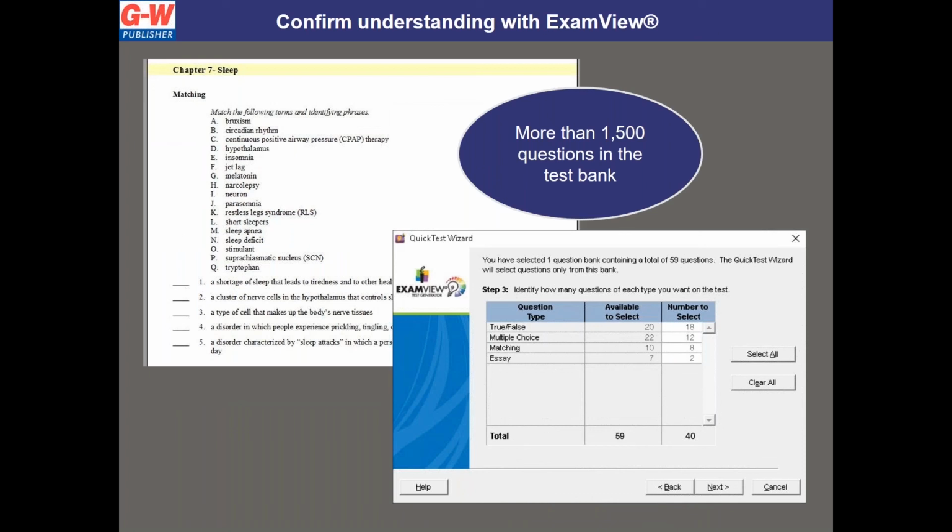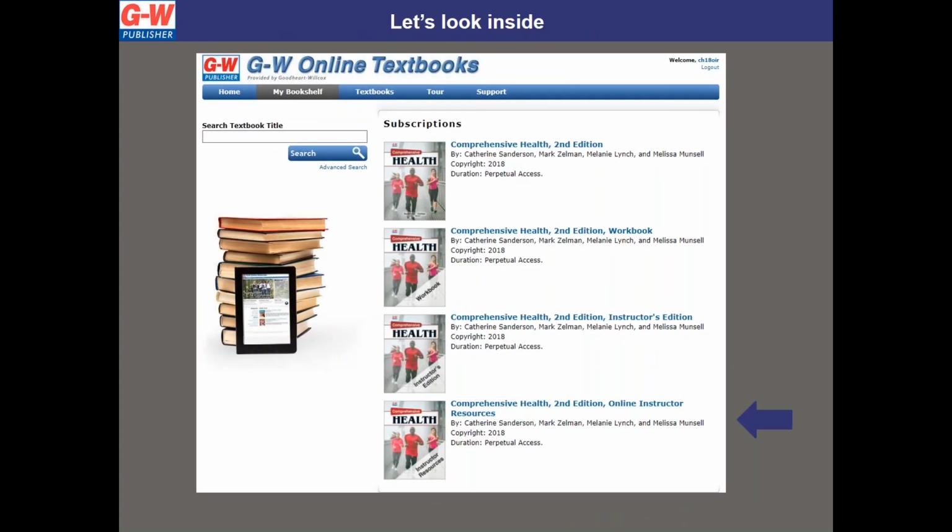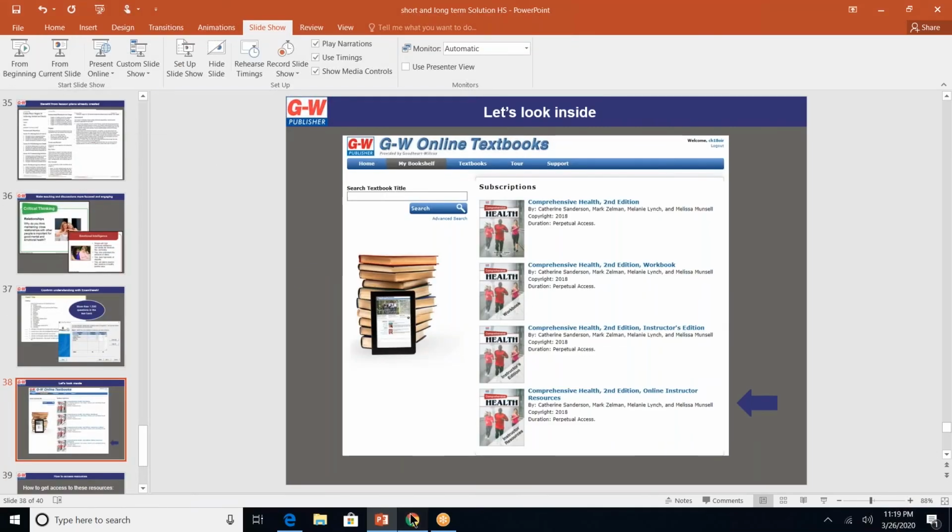So this allows you to generate a customized test for students using true, false, multiple choice, matching, short answer, and essay questions. And it will also generate an answer key as well. However, you will only have the option to print these tests unless you're using a learning management system like Canvas or Schoology or Blackboard, and then you can facilitate an online test and it will grade it as well.